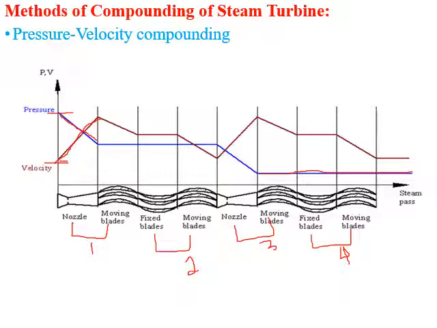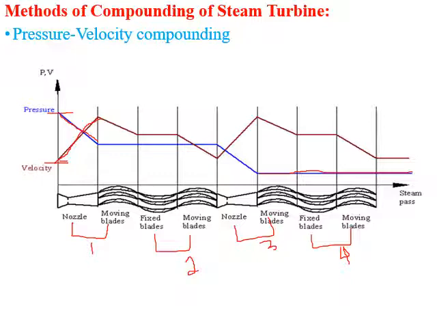So then it is flowing. Once it has exited from the moving blade, it flows to the fixed blade. So here in the fixed blade, the velocity remains constant, because there is no change in pressure here. The pressure also remains constant. The function of this fixed blade is to direct the steam from the first stage of the moving blade to the second stage of the moving blade. So that work is carried out by this fixed blade.